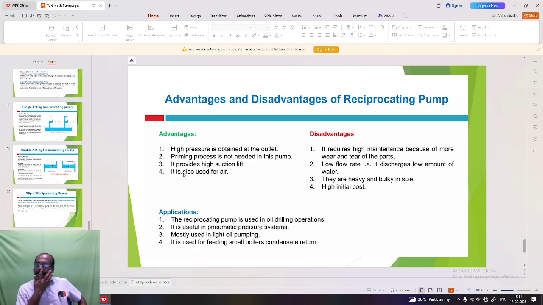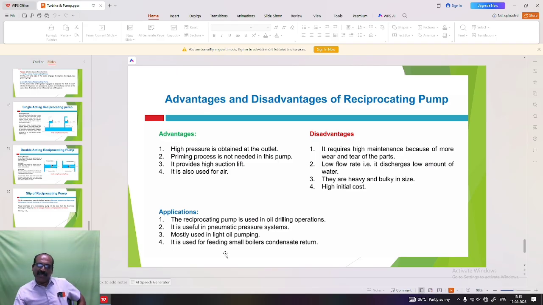And as far as the disadvantages are concerned, it requires high maintenance cost because of more wear and tear of the parts. Since it is reciprocating, we may expect more wear and tear in the parts. It has a low flow rate and discharges a low amount of water, and it is heavy and bulky in size, and a high initial cost is there. And as for applications, the reciprocating pump is used in oil drilling operations, pneumatic pressure systems,